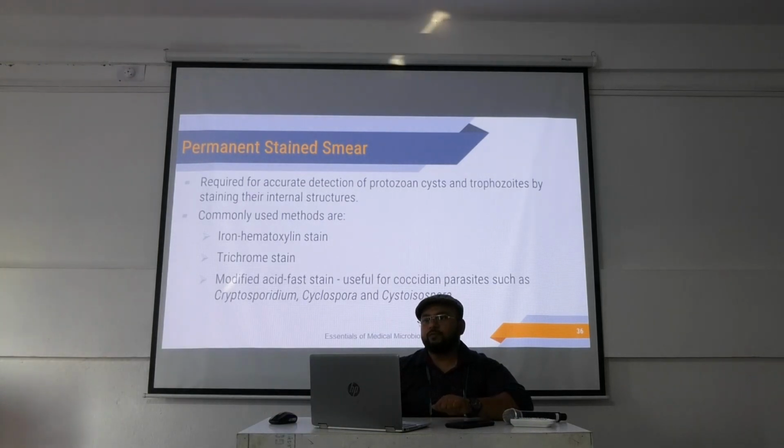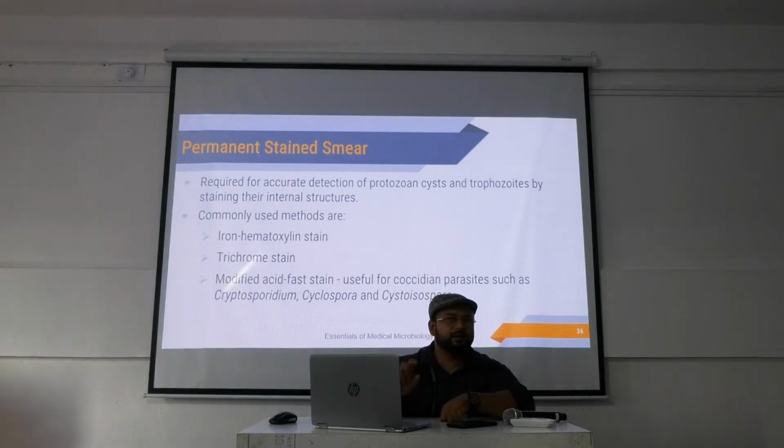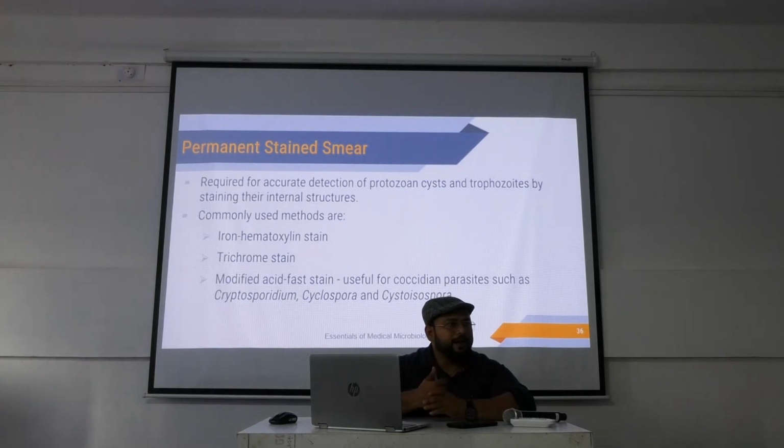তো পার্মানেন্ট স্টেন আমাদের জানতে হবে কি করা হয়। Required for accurate detection of the protozoa cysts and trophozoites by staining their internal structures. Commonly used stains কি কি? আয়রন হিমাটক্সিলিন স্টেন। এইগুলো দেখ নাম জিজ্ঞাসা করতে হবে তোকে পরীক্ষায়, হয়তো তুই বললি আচ্ছা আমি আয়োডিন